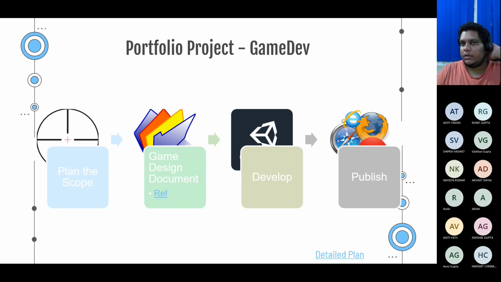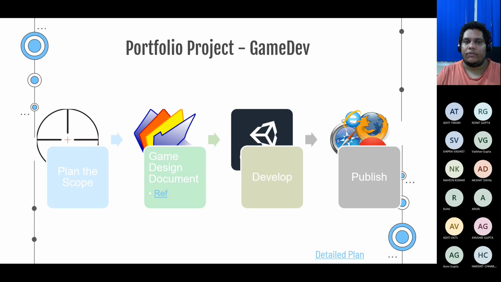And then you define the scope of the project, limiting it, because a project can be extended to 1,000 years as well as be completed in 2 weeks. So limit the project depending upon your current scenario. If you are in final year and you have to start applying for companies, then choose a project which won't take you more than a month to make and deploy and everything.